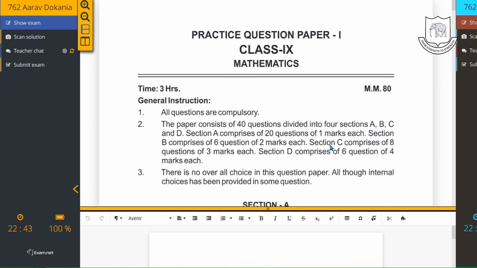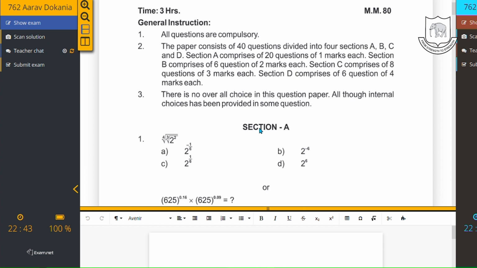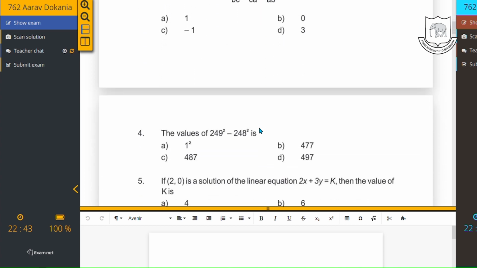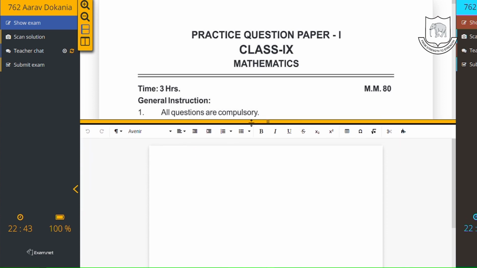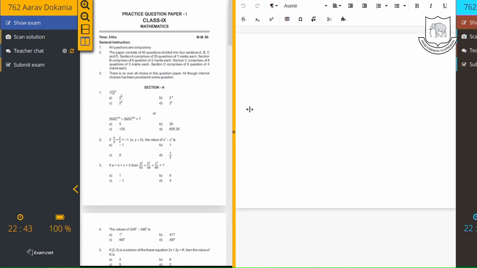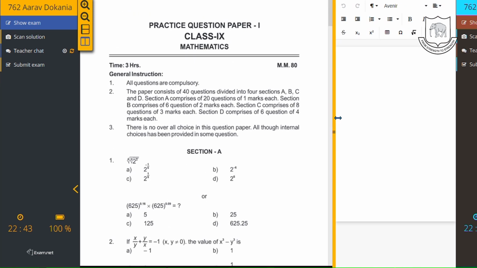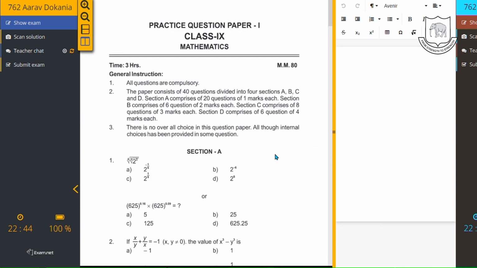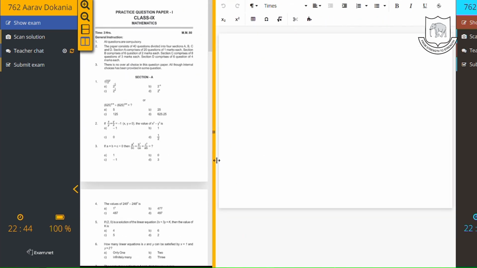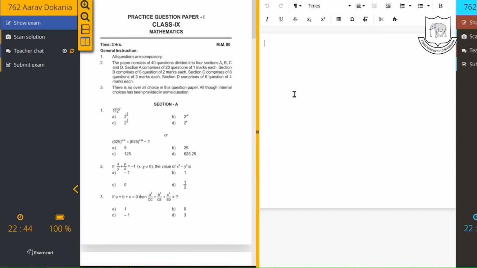Click on the question paper and scroll down to read through all the questions. You can increase or decrease the size of your writing area by moving the yellow bar. You also have the option of side-by-side view where your question paper appears on the left-hand side and your answer space appears on the right-hand side. Read the instructions. If you're required to type in your answers in the writing area, do so.